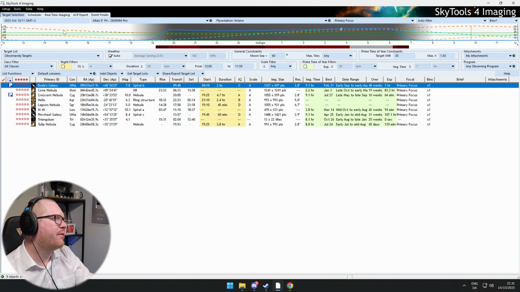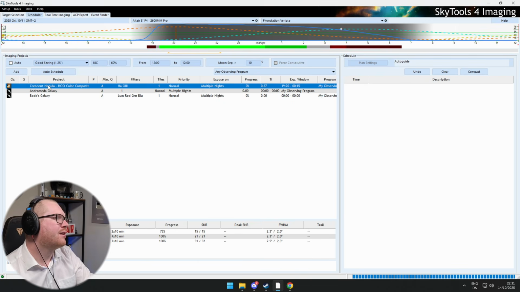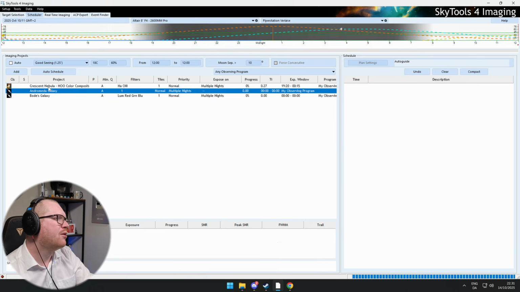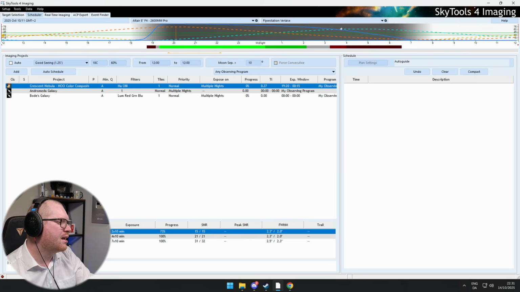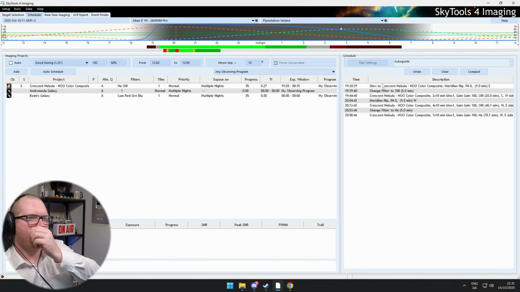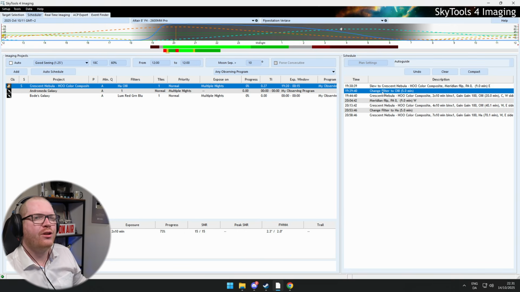Once you've set up, then we can move over to the scheduling tab. And if I then select the crescent moon, it now shows here what time of the night this project would be feasible. And we can see here, if we then take and add it to the plan, schedule projects, it goes over here and now it actually makes a detailed plan for when each individual step needs to happen, where we need to slew to the target, we need to do a filter change, then we need to shoot,